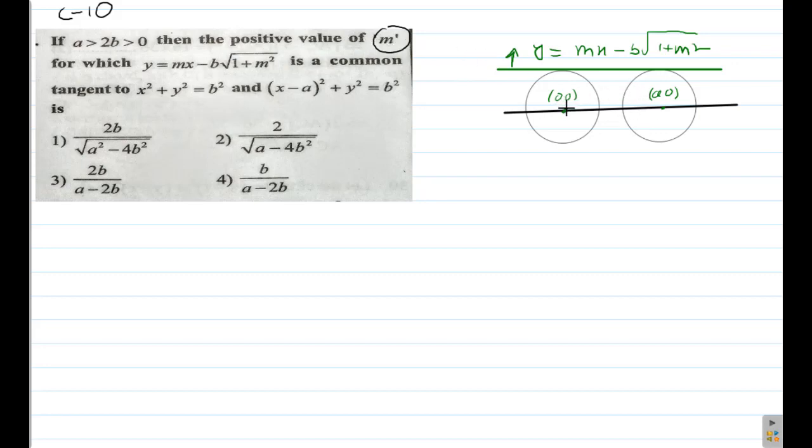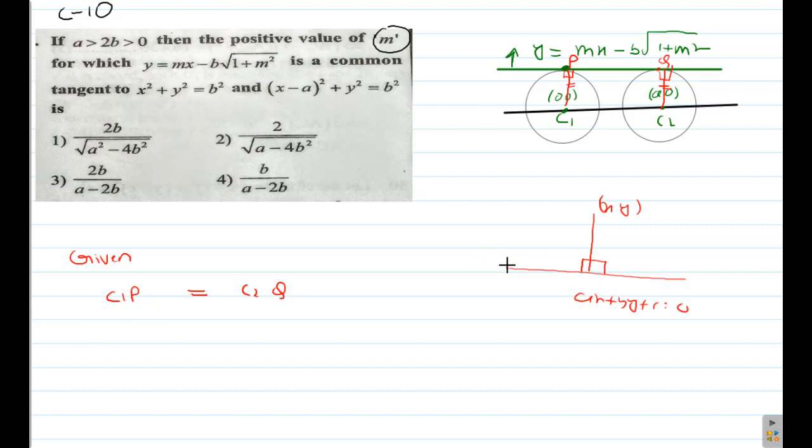These two are equal circles. This is the tangent. For example, this is the point of tangency, say this is C1 and this is C2. This point of tangency is taken as P, and this one as Q. Automatically C1P is perpendicular to the tangent and C2Q is perpendicular to the tangent, and these two should be the same, meaning the distance from C1 to the line is equal to the distance from C2 to the line. That is the hint for the problem: C1P equals C2Q.